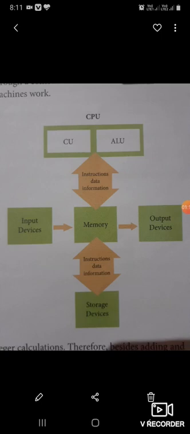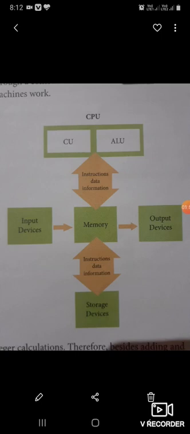Now, the second one is CU. As the name suggests, CU, control unit. It controls and coordinates all the other functions of a computer. It works as a bridge between input and output devices. It is a circuitry that directs operations within the computer while processing. It gathers input data from input devices, helps in processing, and then delivers it as a result through output devices.